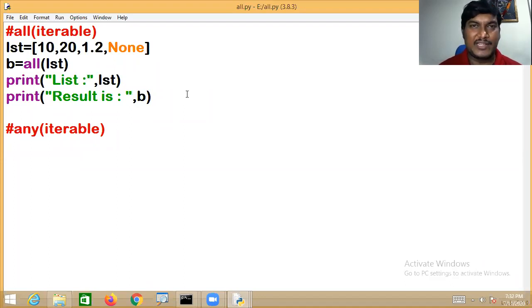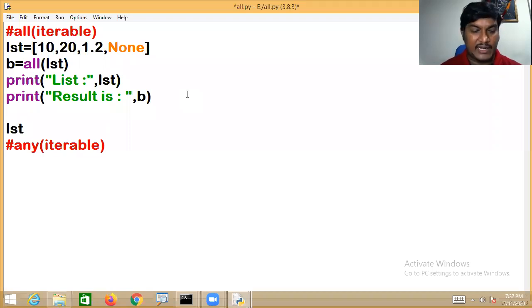I hope you understood, right? If all the items of the iterable collection are other than non-Boolean false, then only it will be considered as true. I want to take LST2. Just 1, other than 0, means true. 2.2, other than 0.0, is considered true.